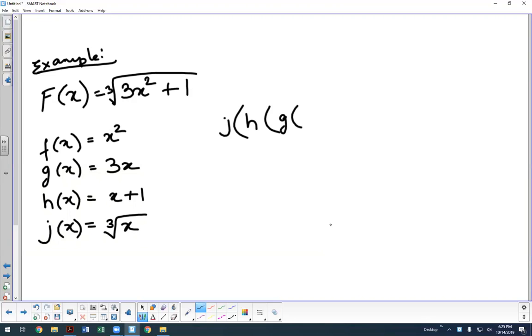And our innermost function in this case, so let's see, that's 1, 2, 3, 4. That's a parenthesis. And if you guys have done programming, you know how important those parentheses are. You drop one, and your computer goes completely bonkers. Alrighty, so we're starting with the innermost function, which is f of x. So that's going to be j of h,